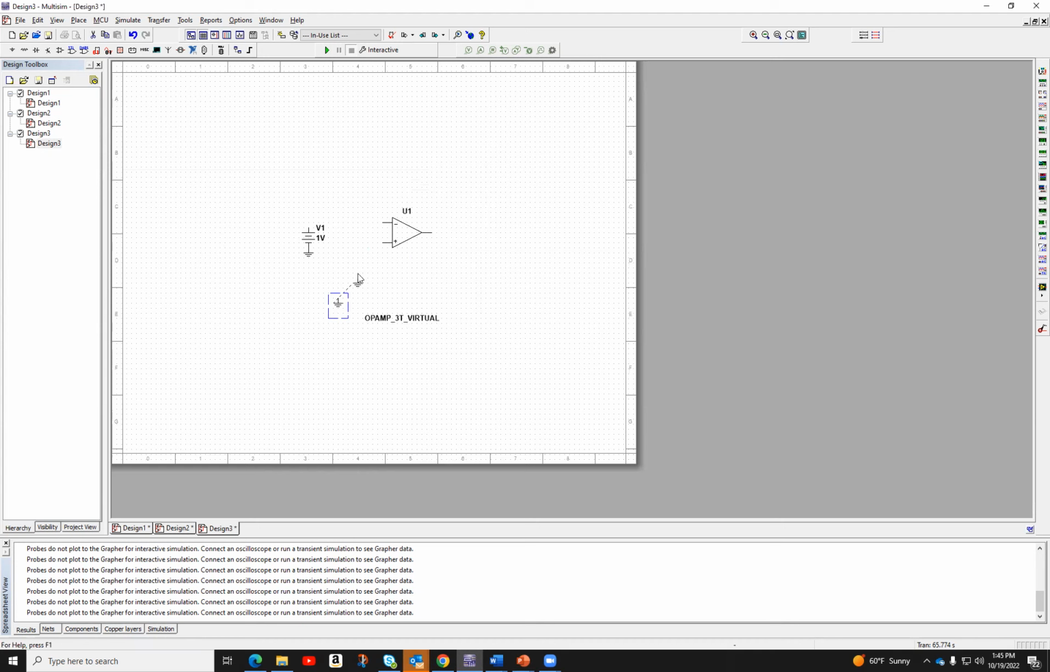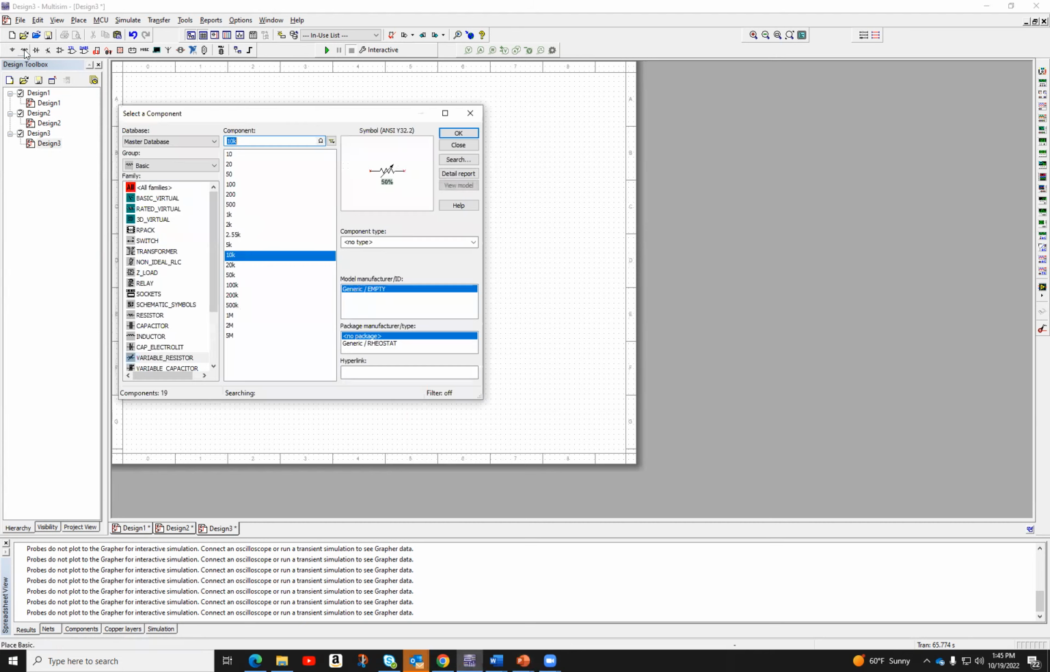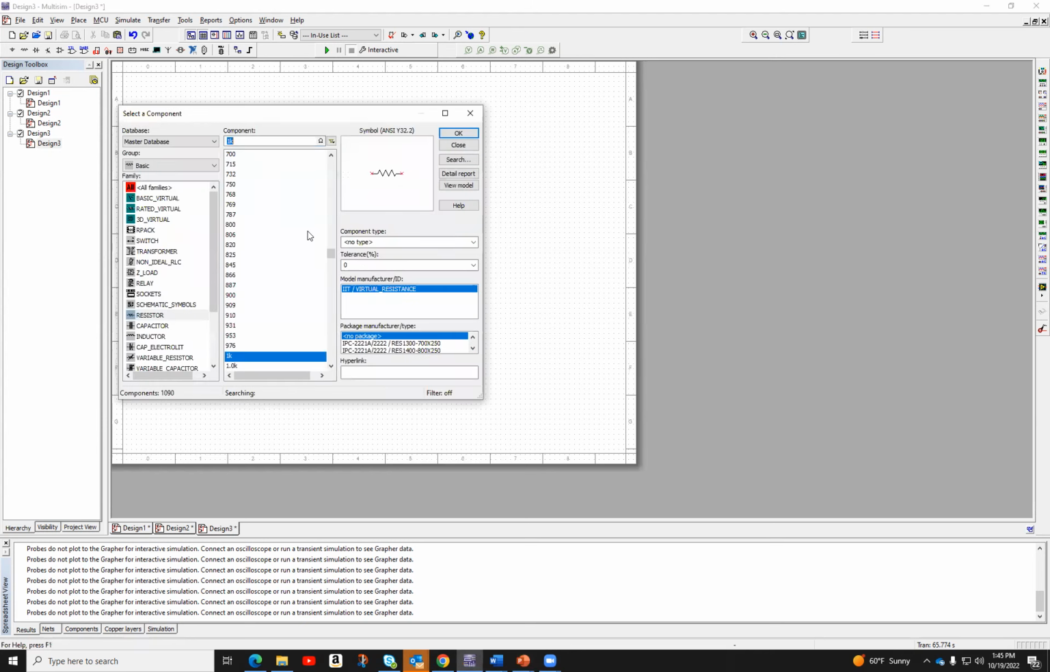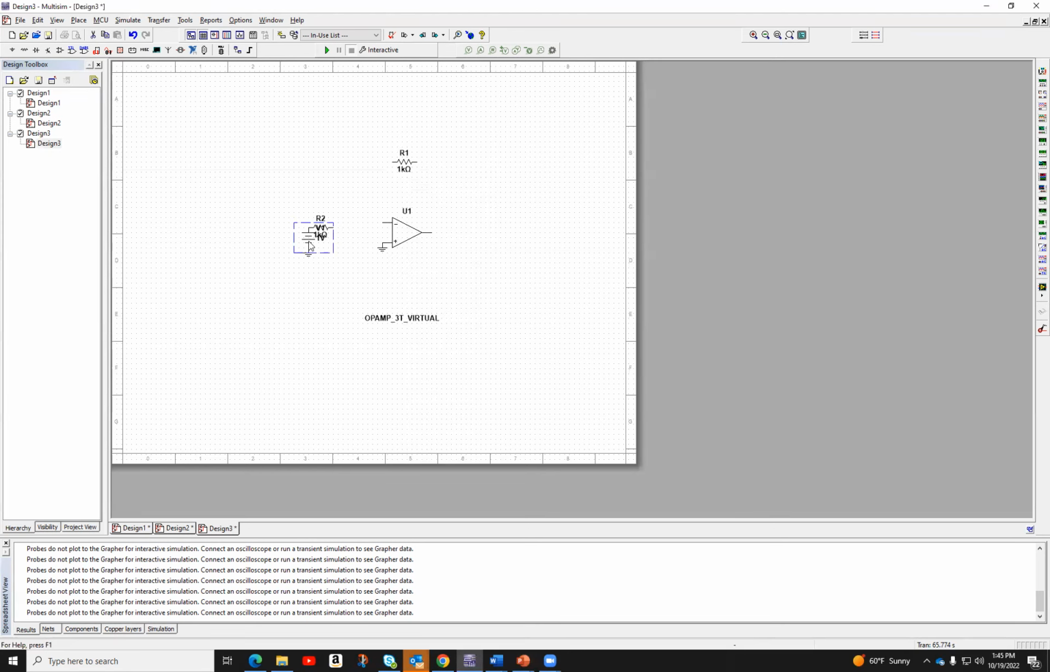So I'm going to ground the positive input terminal, and I'm going to connect two resistors, and I'm going to make them simply 1 and 1. And I'm going to hook up 1 to the negative terminal, and the other one I'm going to connect between the input terminal, the negative terminal, and the output. Okay,